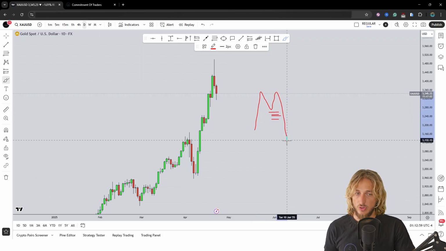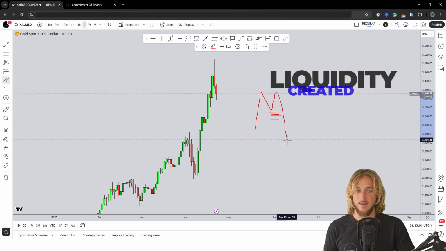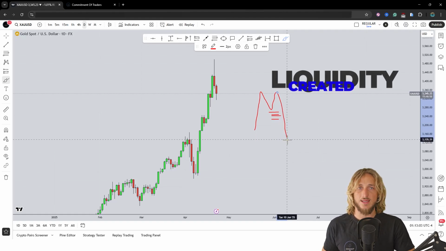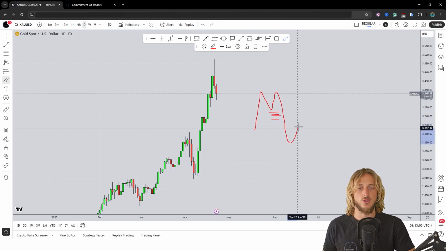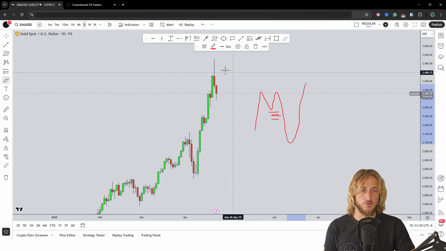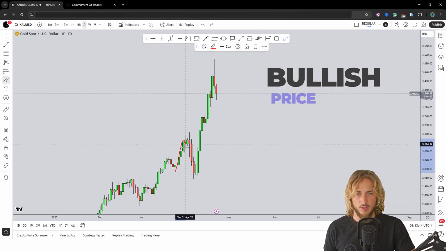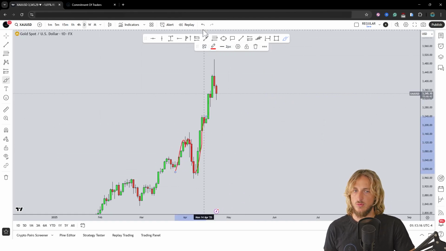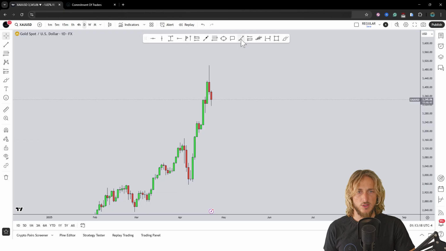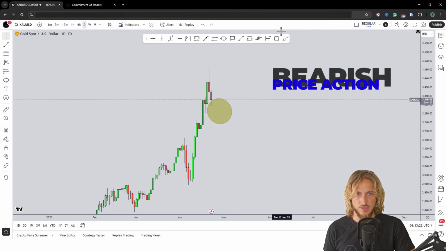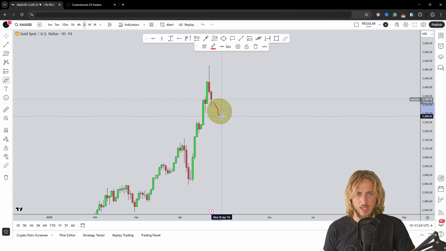So if the market then drops, all those stop losses get liquidated, and all that liquidity can be used by institutions to actually add even more longs. And that is why very often after an M pattern, the market follows with a push to the upside. We see, for example, an M pattern here. After that, the market rejected to the upside. So if the market here will actually create more bearish continuation from this level to the downside, at that point,